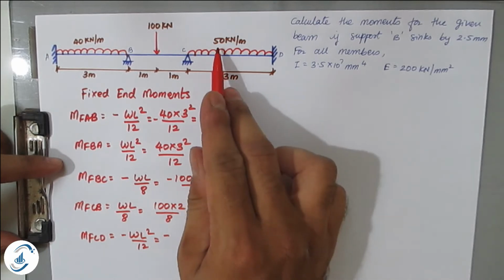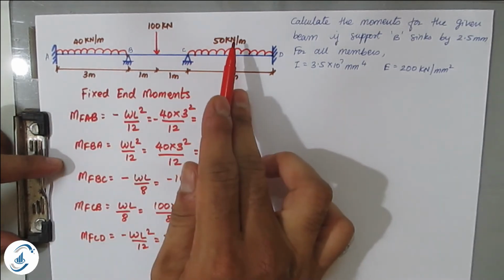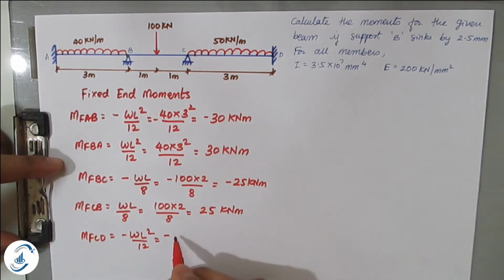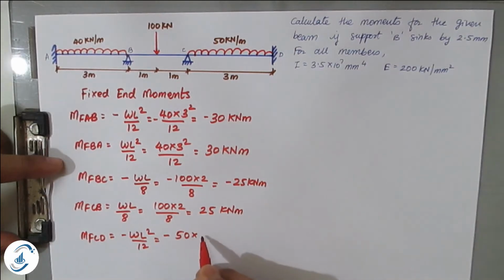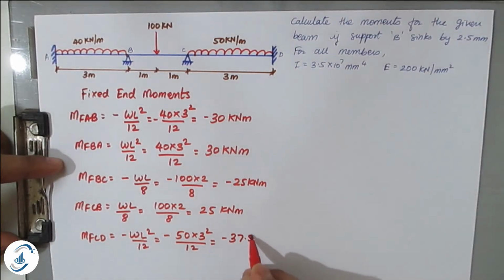Here the W is 50. In this case it was 40. Here in this case it is 50 kilonewton per meter. So minus 50 into length is again 3 square divided by 12. So you will get minus 37.5 kilonewton meter and